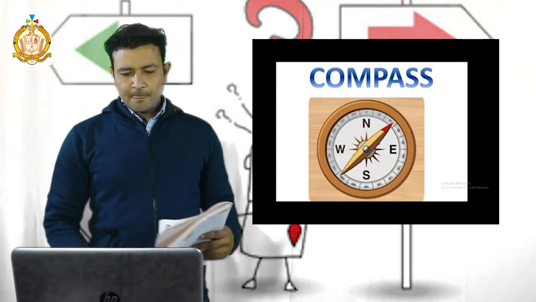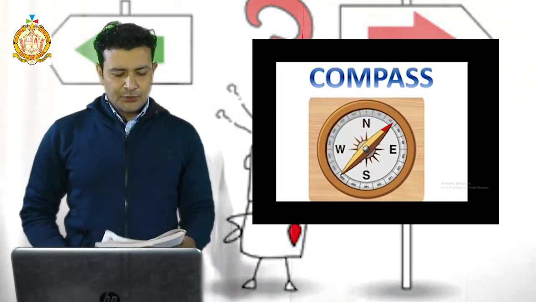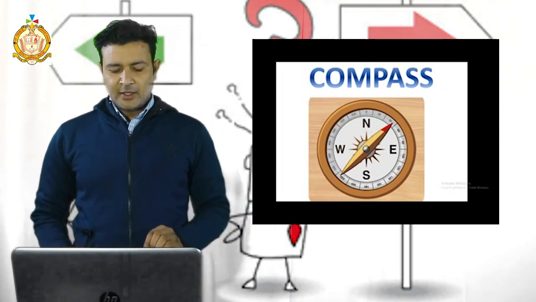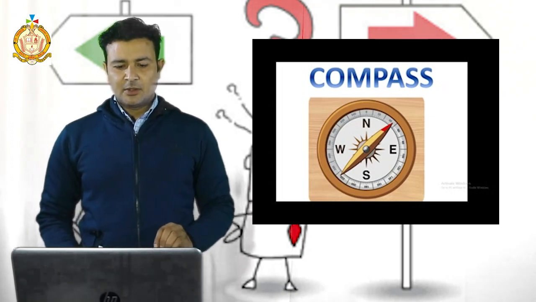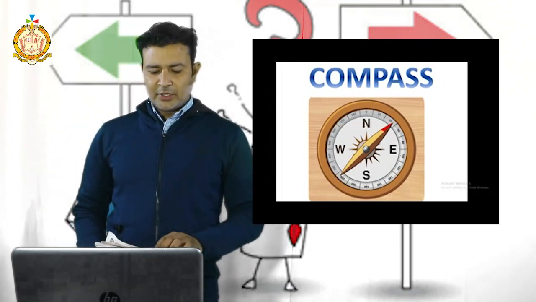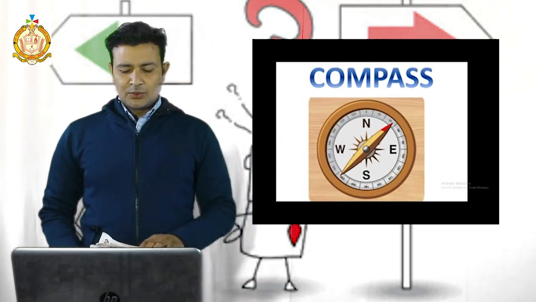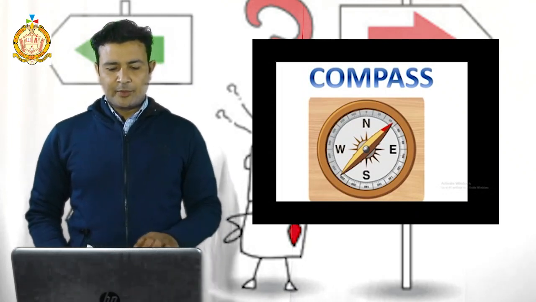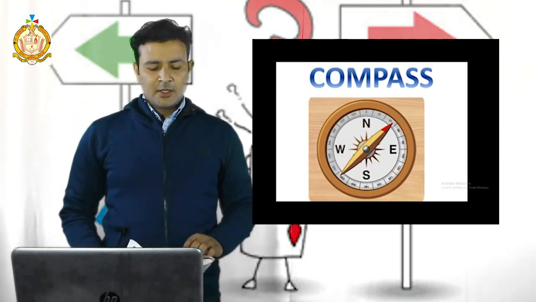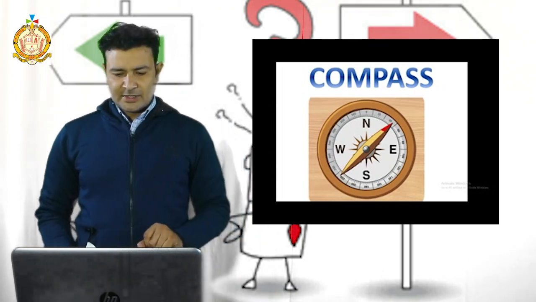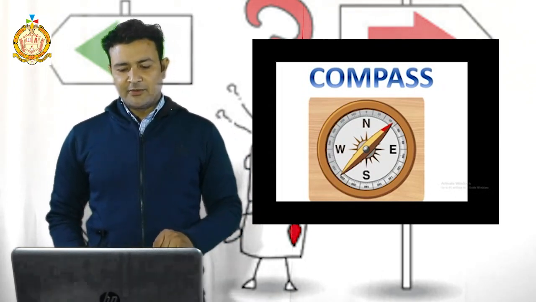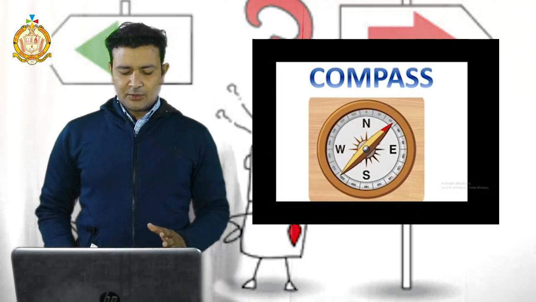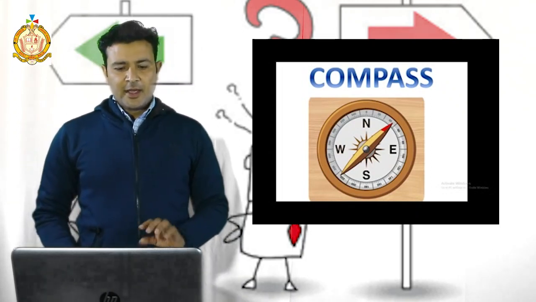Next, how can we find the way? The compass is used. This is one of the instruments which we use to find directions in ships. In the water, those people doing navy jobs, those doing fishing work and other ship work, they use this instrument to get directions. With the help of this compass, you can see here also four directions are given to you: north, south, east and west. We can also compare this with our hands.